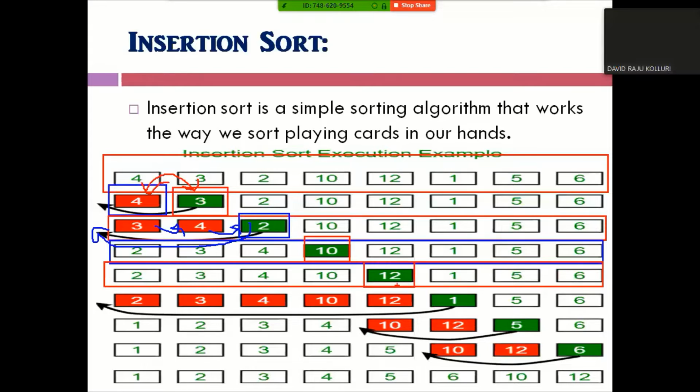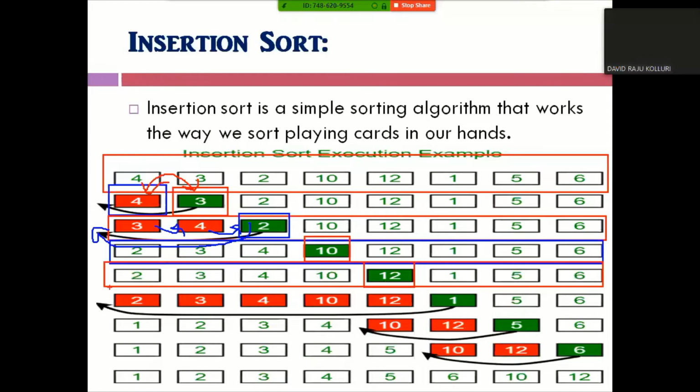Pick this element 12 and identify its position. Actually, 12 is greater than 2, 3, 4, and 10. So its position is that one only, and element 12 will not be moved anywhere.